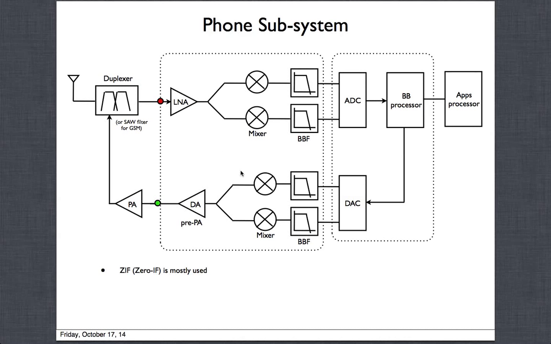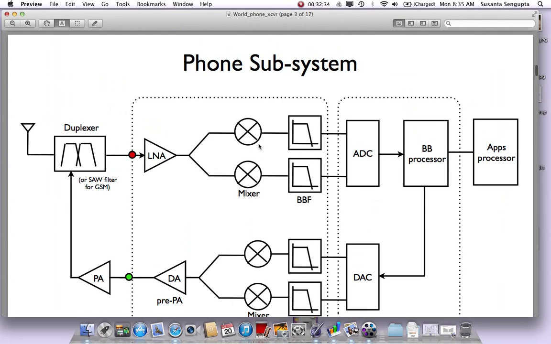So many of them do it as a digital-centric chip and an RF analog-centric chip. Many companies also make an SoC, a system on a chip, where we actually do all these things on a single chip. So I put two boundaries here just to show that it could be a two-chip solution like this, or a single-chip solution. Different companies do it in different ways, and I just wanted to highlight it before moving to the next slide. So let's go and talk about how we do this for multiple bands.